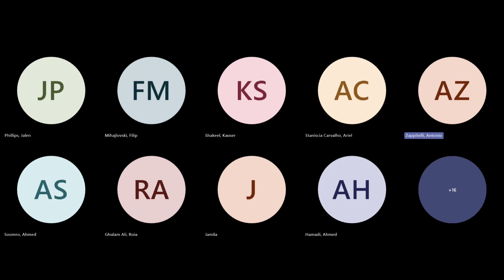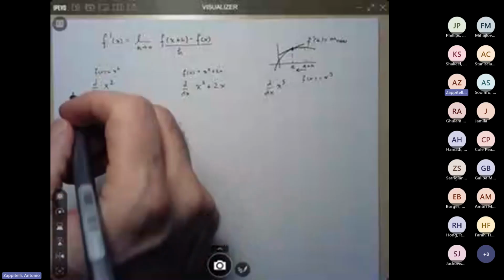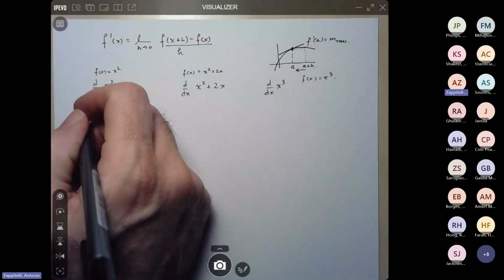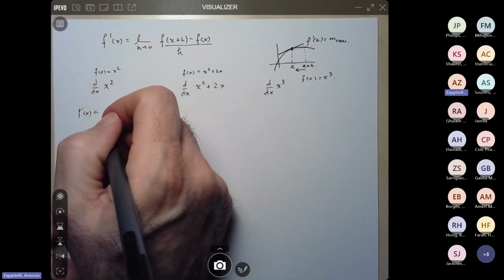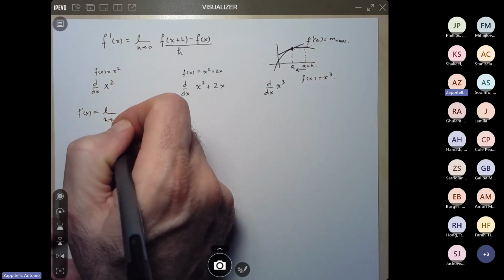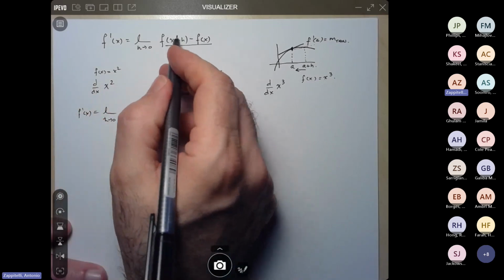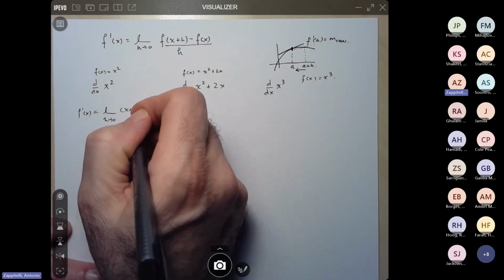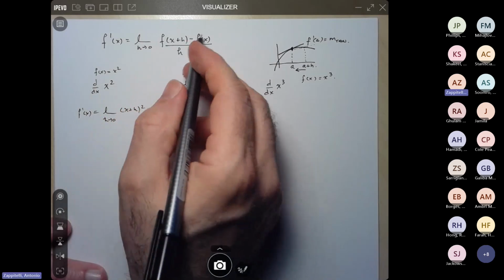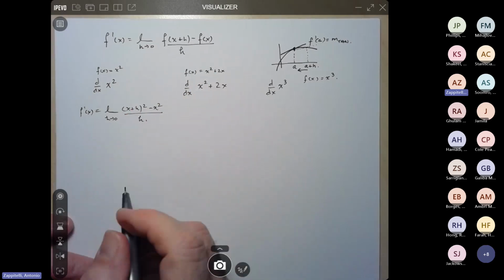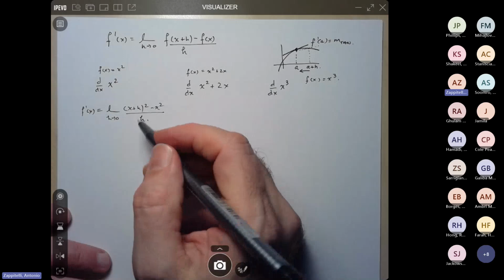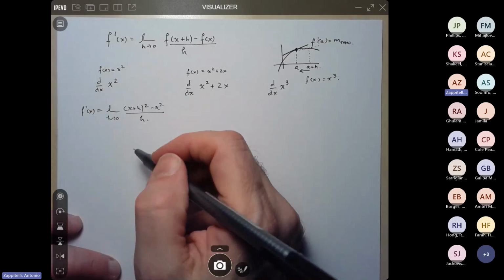All right, so let's take a look at this here. If I put x squared into my limit definition, what do we have? The limit as h approaches 0 of f at x plus h, which is x plus h squared, then minus f at x, so minus x squared, all over h. And of course, what we have, as we always have in a